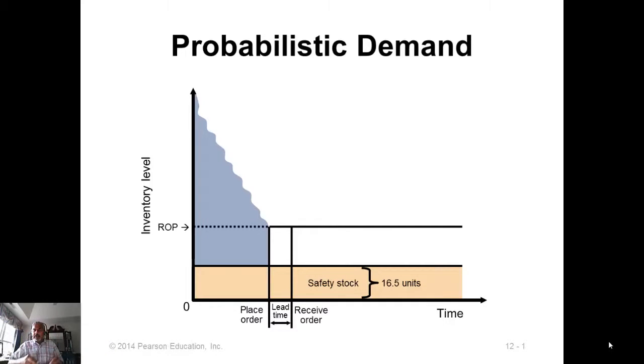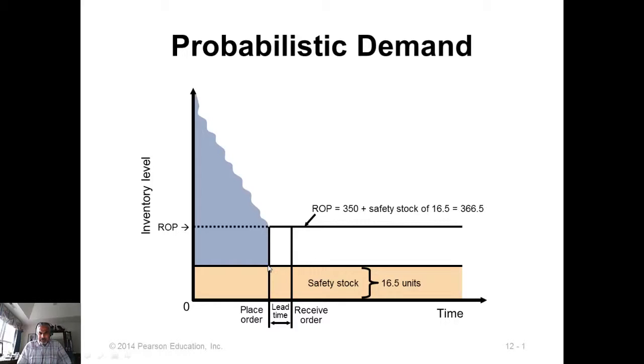Now we're going to look at a case where the demand during lead time follows a normal distribution. In the previous example we looked at a discrete distribution, so now we're going to look at the normal distribution. So here is our lead time and the demand during lead time, and this is the average demand during lead